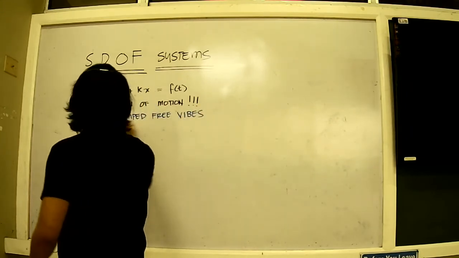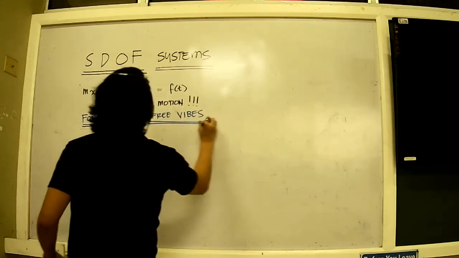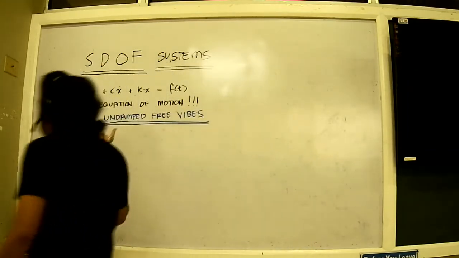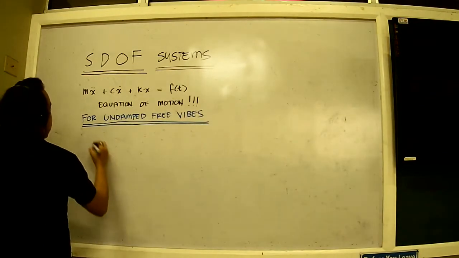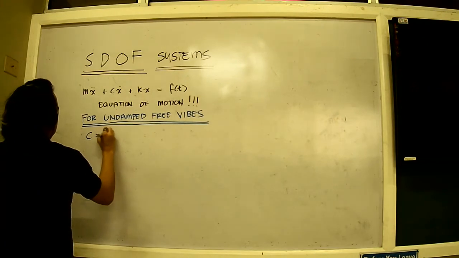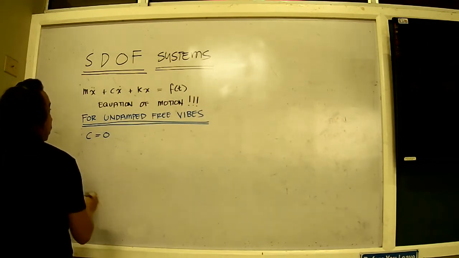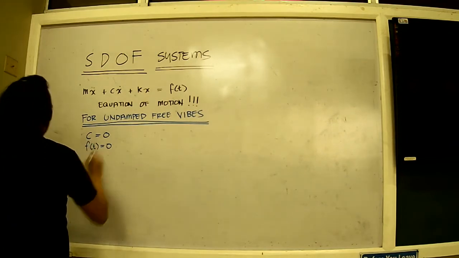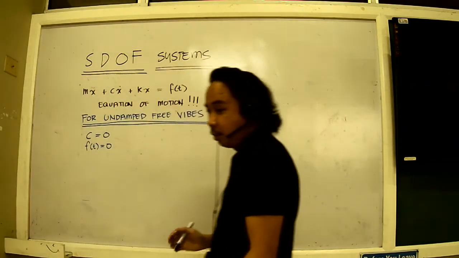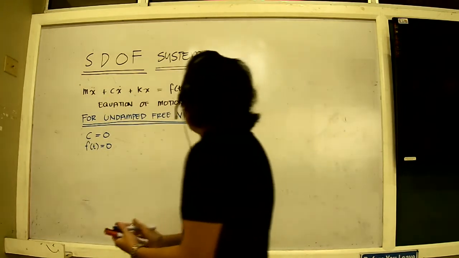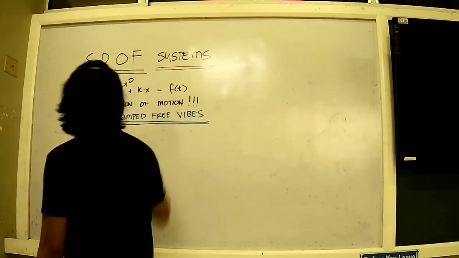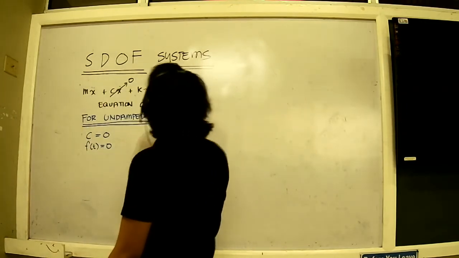The term undamped means our C is equal to 0. Of course, when we say free vibration, our forcing function is also equal to 0. So in that case, this is equal to 0, this is equal to 0, and therefore